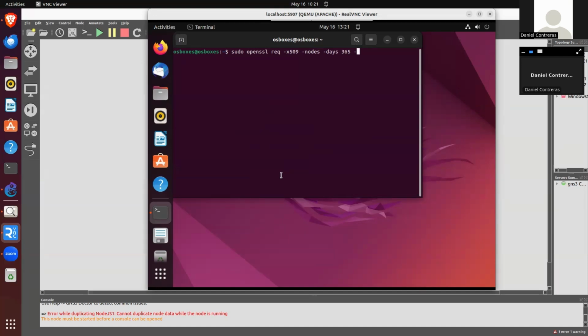That's how many days I want it valid for. -keyout, and this is where I'm going to be putting the key,